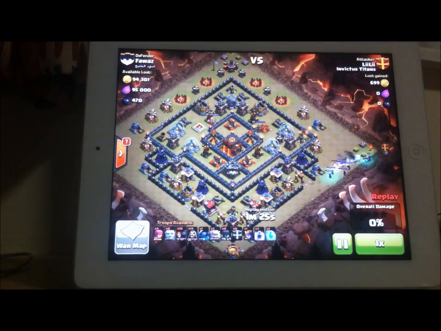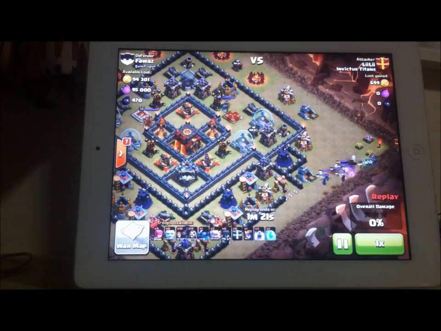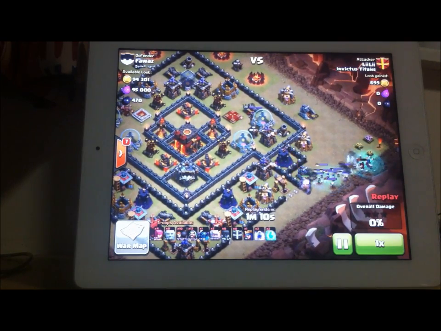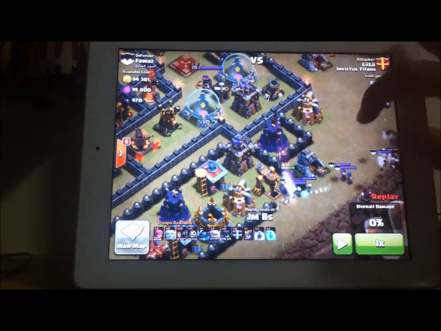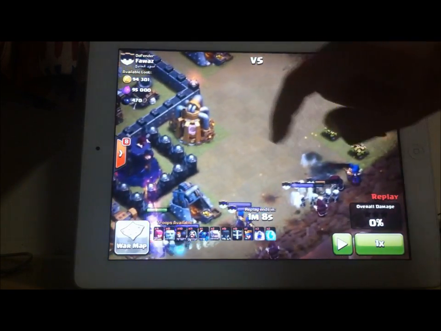Let's see where she's gonna start. Successfully takes out the CC, sends also one giant. That was, I think, a key. She did that so that the enemy's clan castle troops focus basically the giant, and now the golem, as you can see. Those two weaknesses focus that golem, while